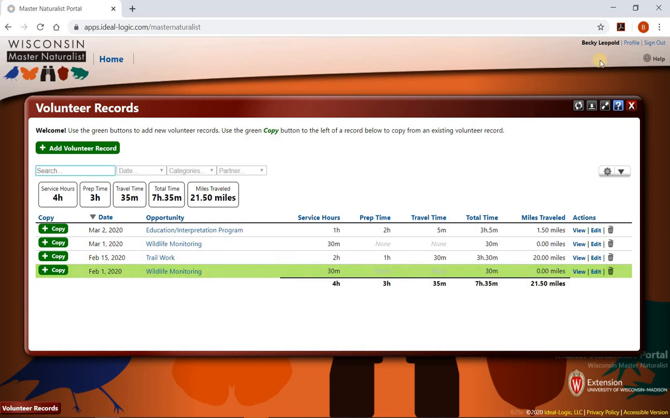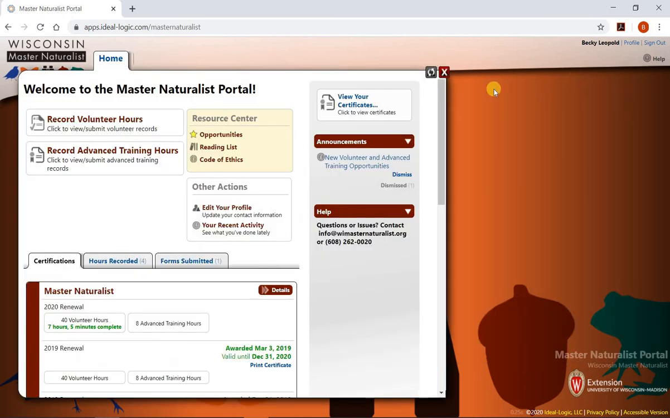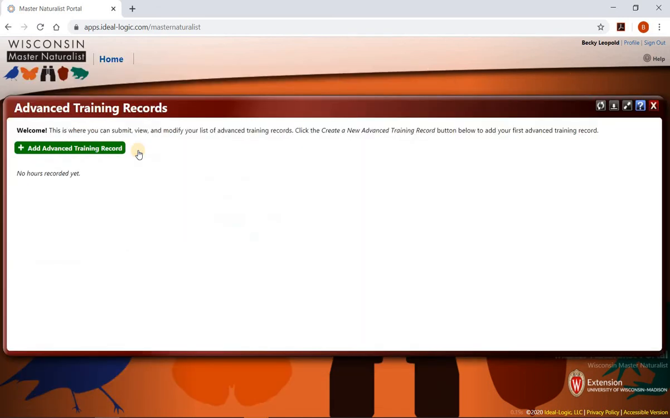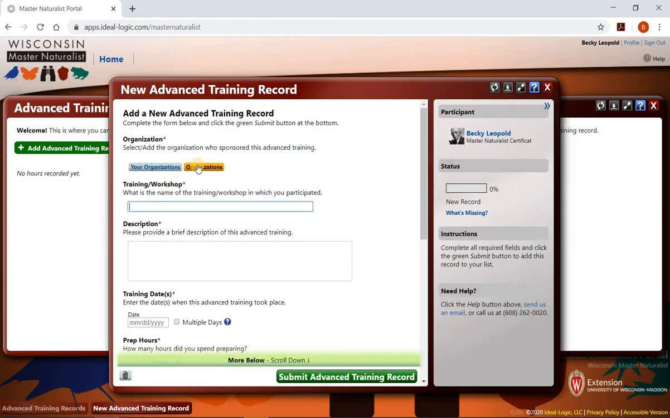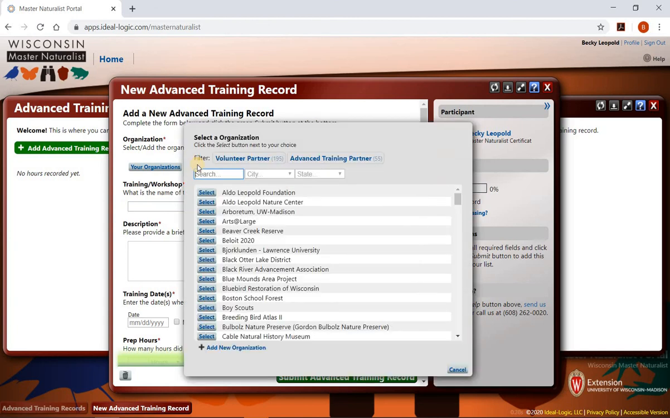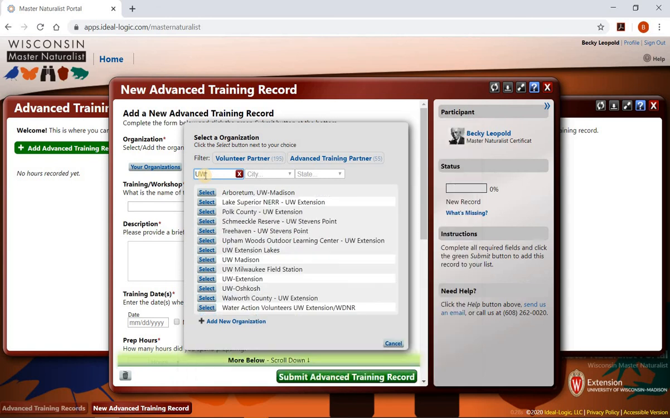All right, let's try an advanced training record now. It's very similar in that you add an advanced training record. You'll notice again that your organizations that you've already populated will show up here, so you can click straight to there, or you can do a new advanced training record and identify a new organization. So for this, let's say I did a workshop at UW Arboretum,